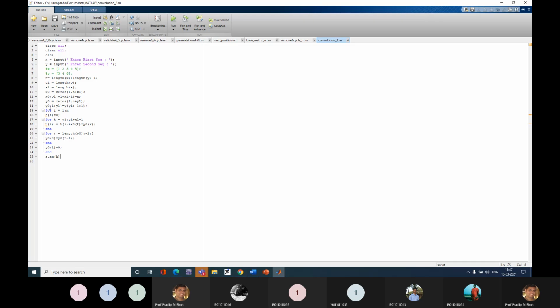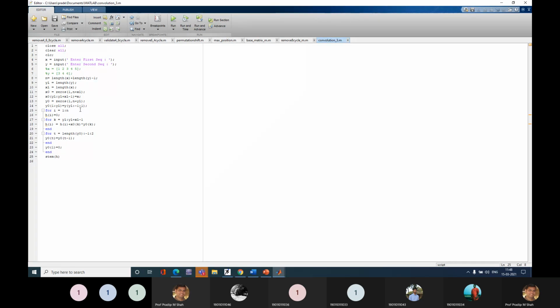So, the position of y0 from where? 1 to y1. And which value do I have to fill? The y vector. But this time you have to fill it in reverse order. Time reversal problem. Reverse order means start from y1, minus 1 each time: y1, y minus 1, y minus 2, this way up till 1.